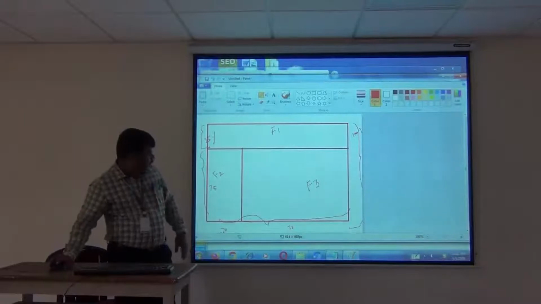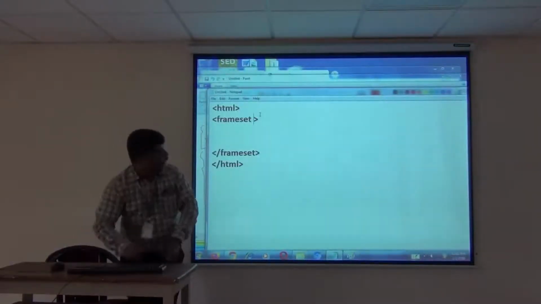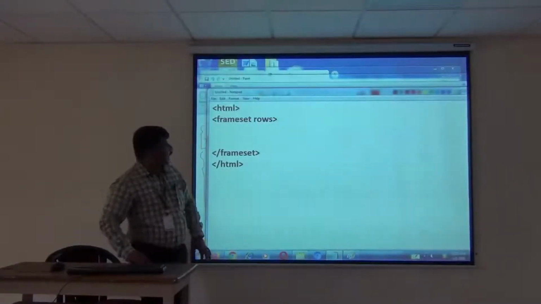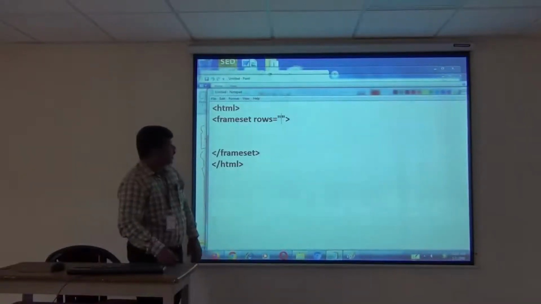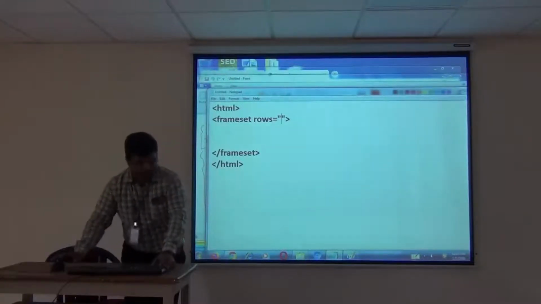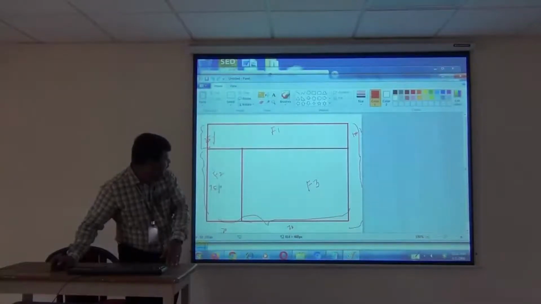So first is the frameset, and what kind of frames are we going to create? A row. ROWS is an attribute, equal to, within double quotes, we need to specify the size of the frame. For example, in the design, this is 25% and the balance is 75%.